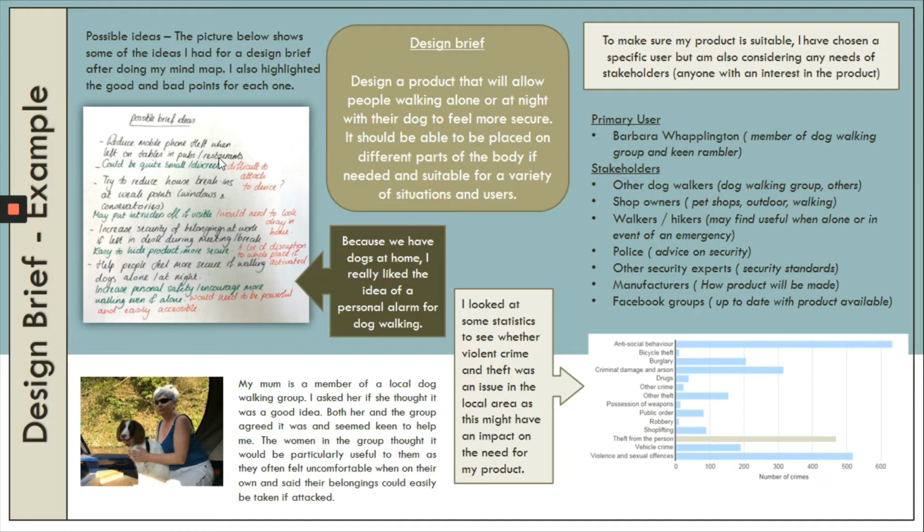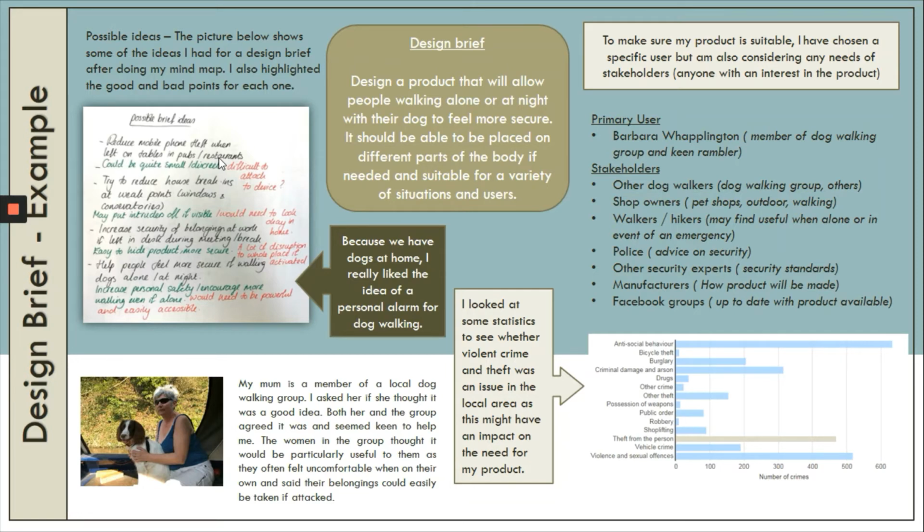So the next one, try to reduce house break-ins at weak points, so windows and conservatories. So that was another issue to do with security. So a good reason I thought of to do that was that if I made something that was visible on windows in houses, then it might put intruders off. But a downside of it is that aesthetically it would need to look really good so that it didn't look bad on the windows of a house, which might be quite difficult again for me to do, and not everybody's